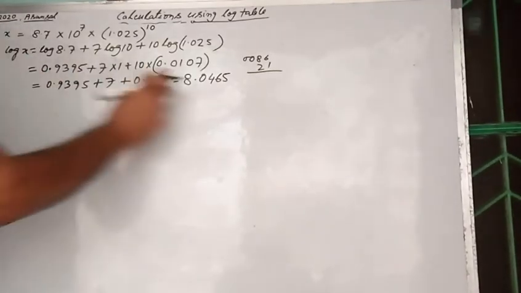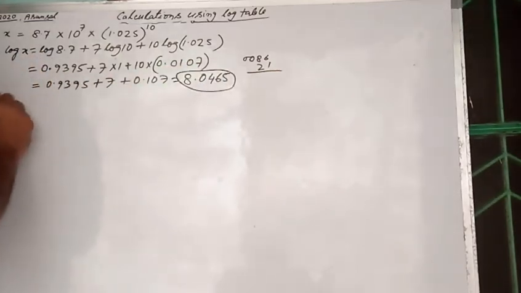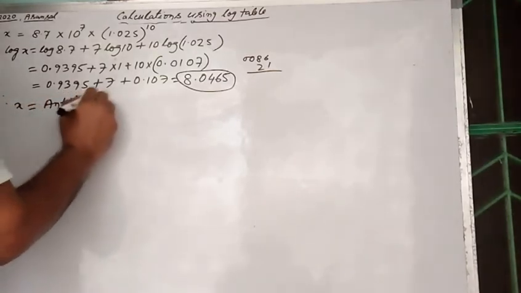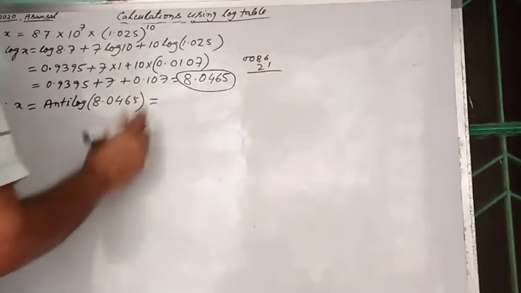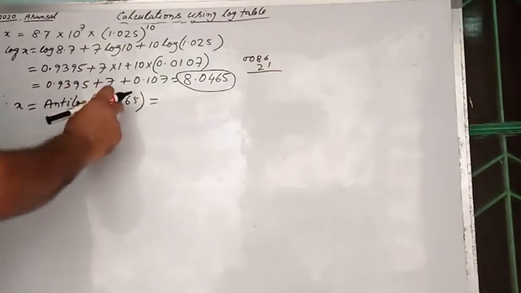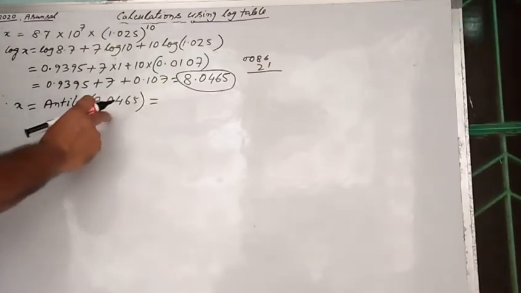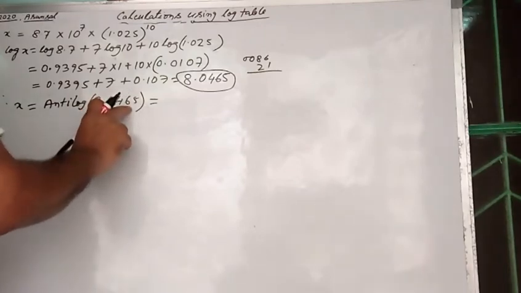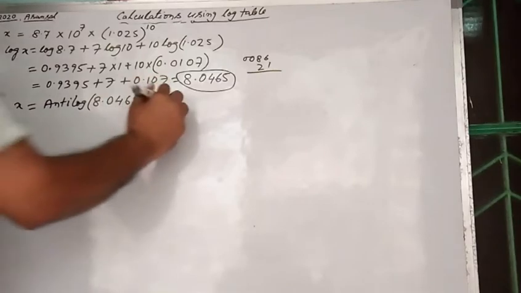If the value of log x is equal to this, what will be the value of x? x will be equal to anti-log of 8.0465. Now how to find the anti-log of 8.0465 in the table of anti-log? We have seen how to find. We'll see in the anti-log table, the value starting with 0.04, go up to the figure headed by 6, and then add the value in the mean difference table under 5. We will get it as